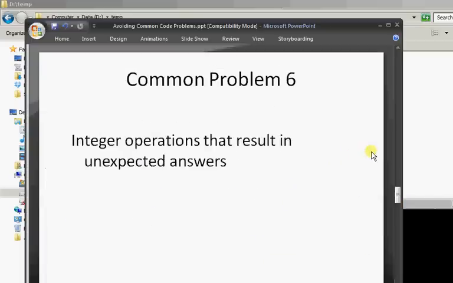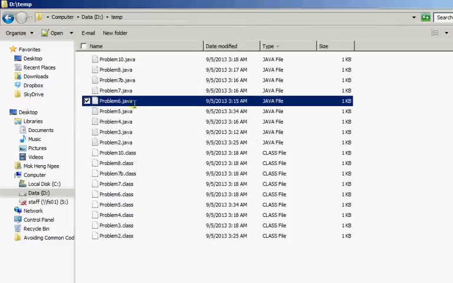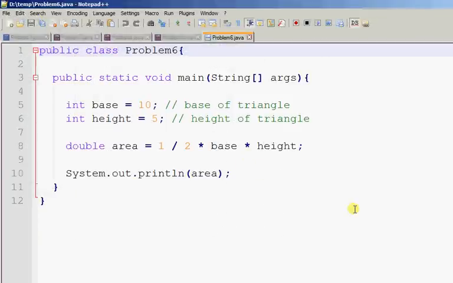Now problem 6, integer operations that result in unexpected answers. Kind of related to problem number 5. Let's look at one example. I'm trying to calculate the area of a triangle. So base is 10, height is 5. And of course the formula for the area of a triangle is half times base times height. Looks innocently correct. But in this case, when I try to run the program,